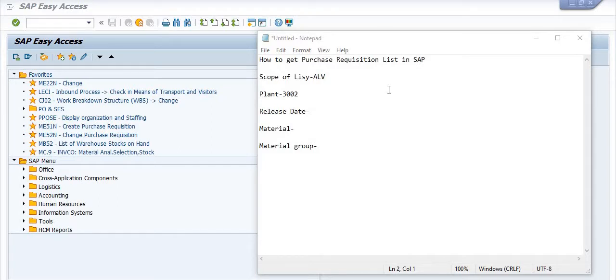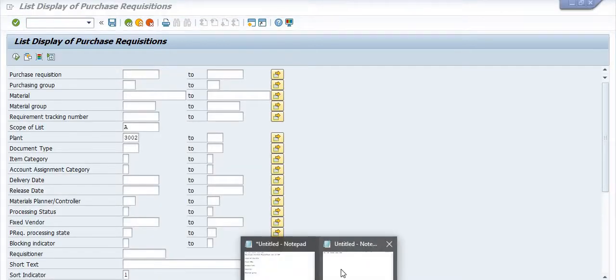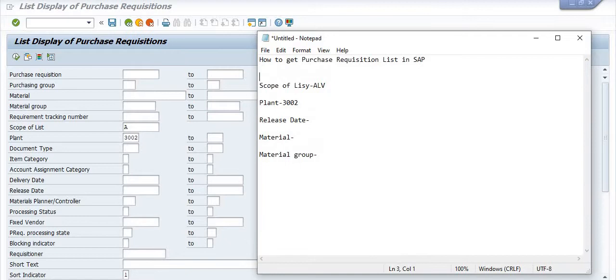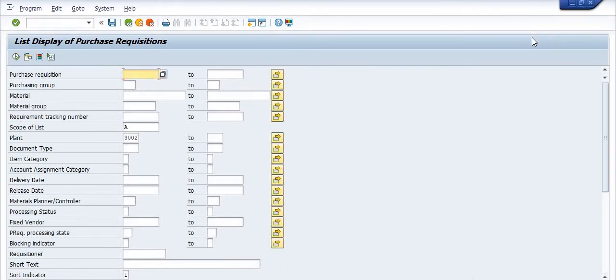And how to check the purchase requisition list in SAP? There is a transaction code, ME5A. Here you have to choose the scope of list as ALV.